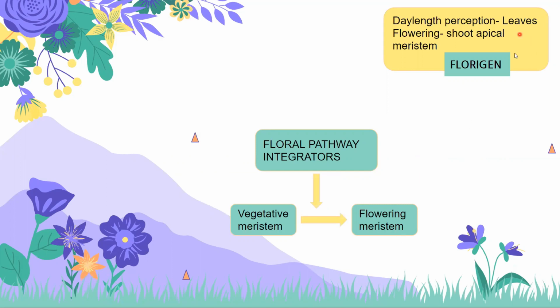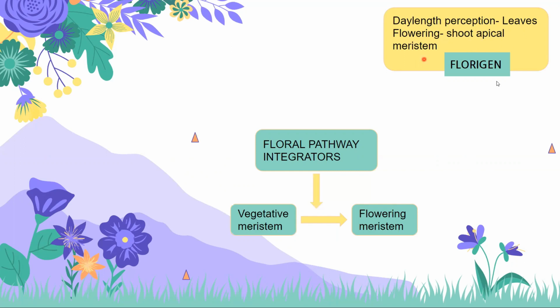The leaves are the ones that detect the light, or the season, or maybe the exact time at which the flower is supposed to be seen. So how is this signal perceived by the leaf exactly made known to the shoot apical meristem, where the flower is formed? How is this signaling done?